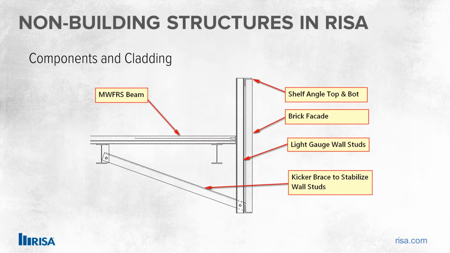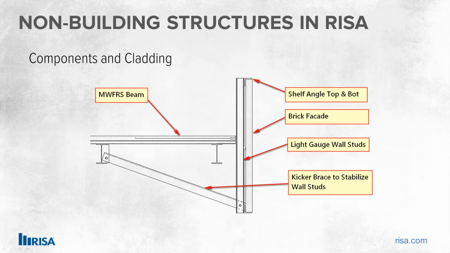So let's take a look at a typical detail from a building type structure, where we're looking at a cross-section of a building. This is the exterior, and we're going to say there's a brick facade right here with wind blowing laterally onto it. If wind hits that brick, it is then going to carry itself through the brick into this shelf angle at the top and the bottom, and that shelf angle spans in between